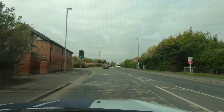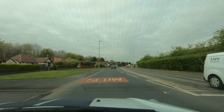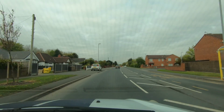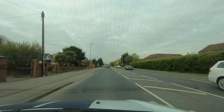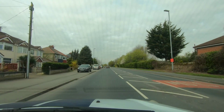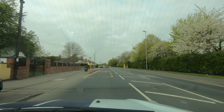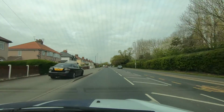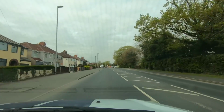We're back on Higher Road, and this time, instead of turning left into Old Hut Lane, we're going to drive straight through and continue along Higher Road towards Hunts Cross. A few people have got in touch with me when I made the video about Hunts Cross and my primary school, Kingston, and there was various people who replied who now live all over the place, but one or two live down Mackets Lane, and